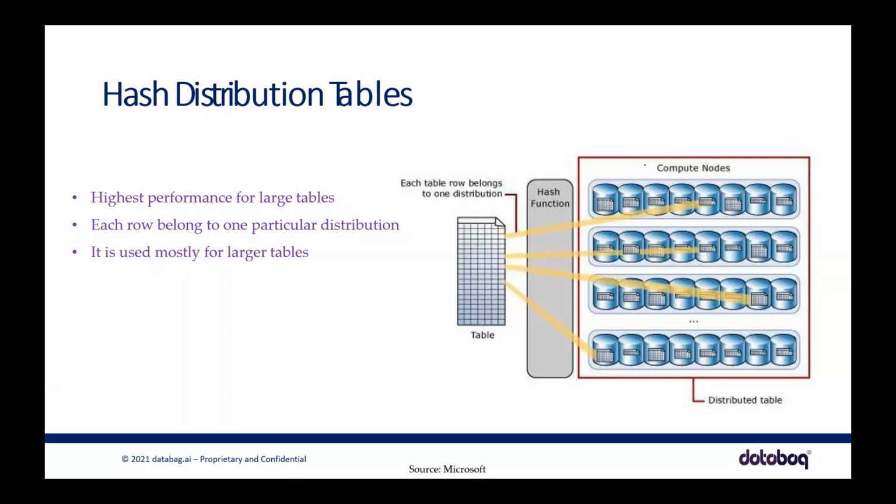Okay, so for example, category 1 will be loaded in compute node 1, category 2 will be loaded in 2, category 3 here, category 4 here. Whenever you're using where category 1, it will only go to that compute node to fetch the data. It doesn't have to reshuffle it. So for the question, when you have a fact table with huge data, which type of distribution technique are you going to use?